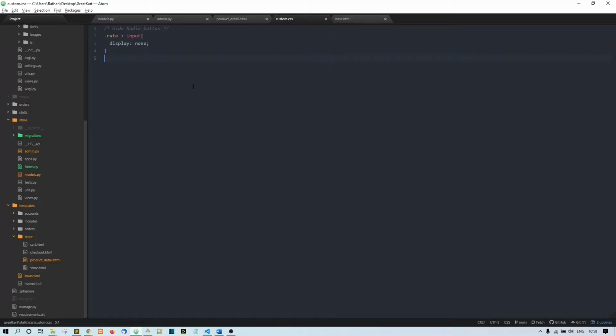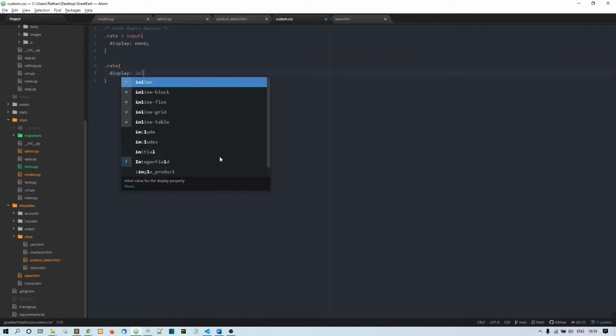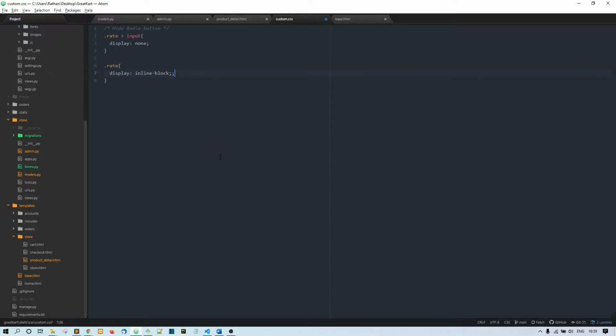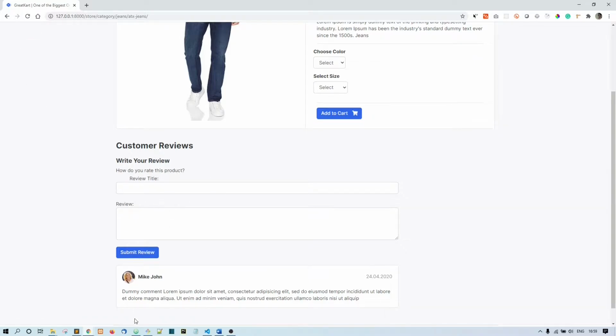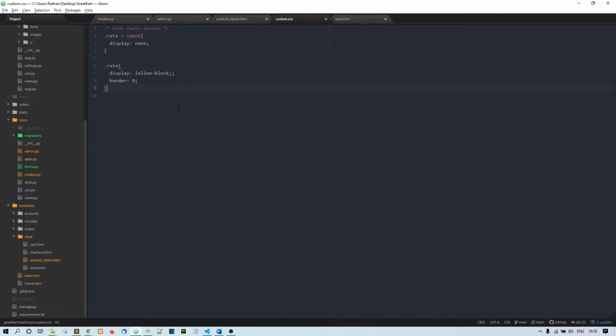Next, what I'll do now, I'll give the CSS to this rate div: display inline block, and border 0. Refresh, nothing much, right? All right, let's continue.